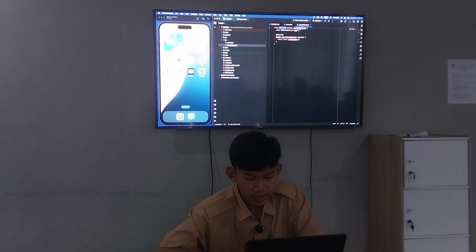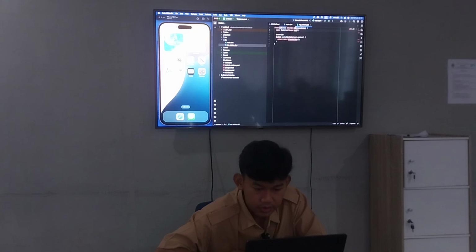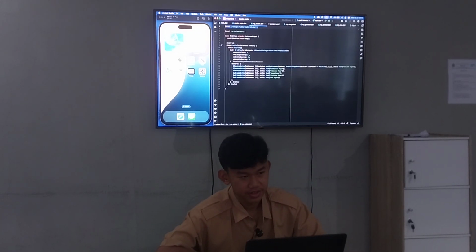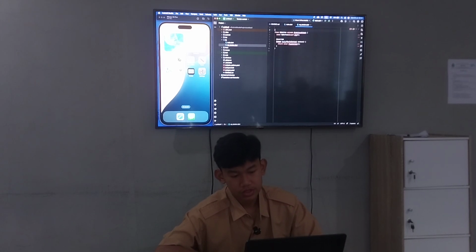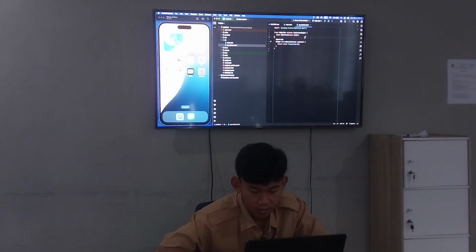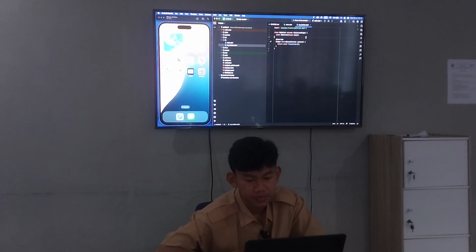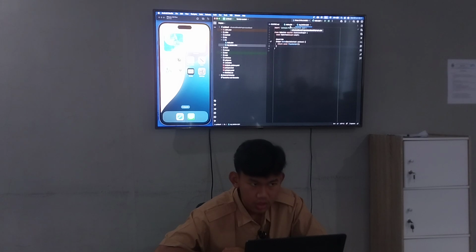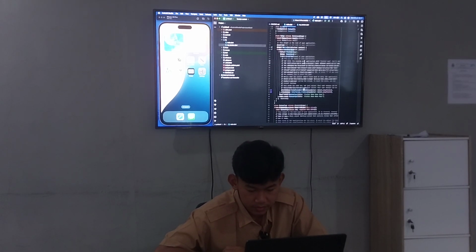And if there is red text, you can click and import this code for solving the problem. After that, you can connect to the main.dart.